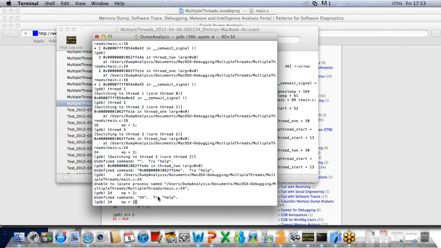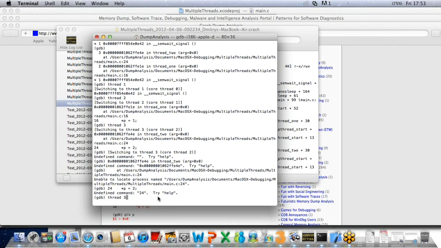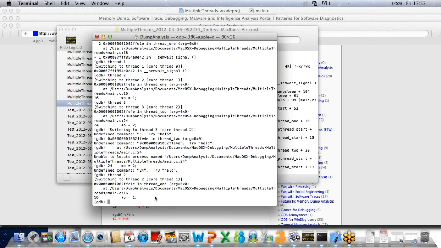And so we switch to the other thread that was not reported, and if we disassemble this address,